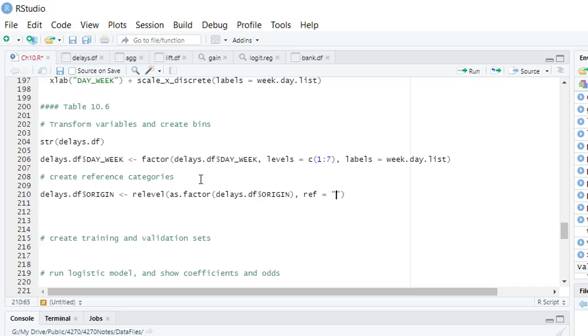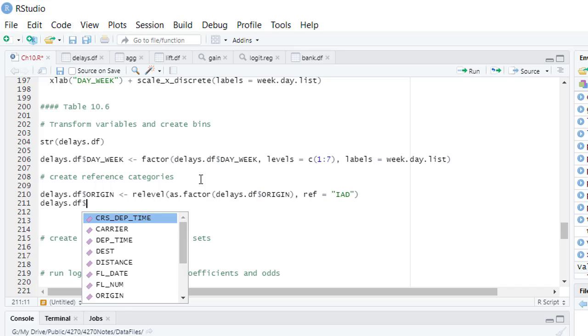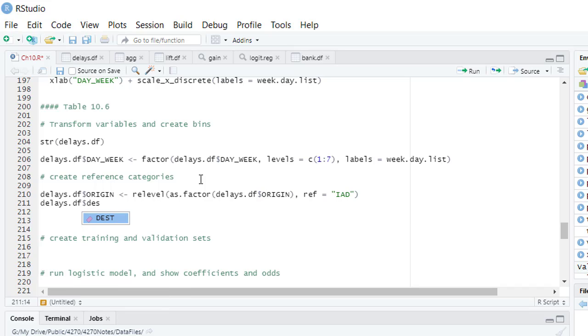For origin you want IAD, all right, and then delays destination to be relevel, as factor delays destination, and then you say reference is LaGuardia, LGA, and then